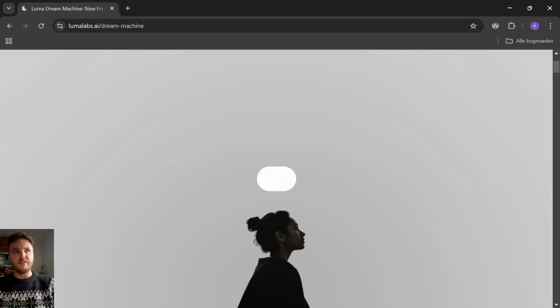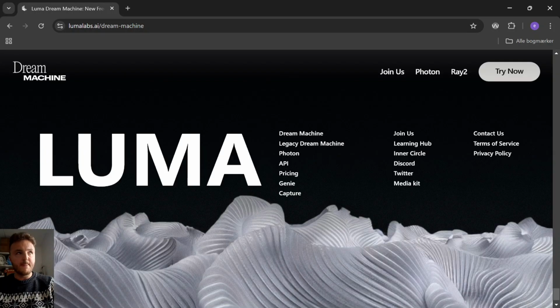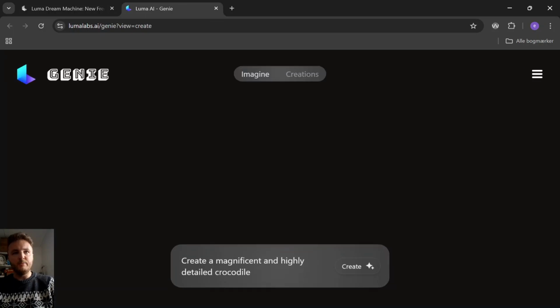Now, once you're on this website, if you're using a screen reader, don't tab your way through all of this because there's a lot. What you'll do instead, you'll hit Control plus F and you'll write Genie. And you'll just arrow down a couple of times, search for it again, and you're right on the link. And for those of you who can see, well, you can see where to click. Now, you'll click on Genie, and you'll be taken to this